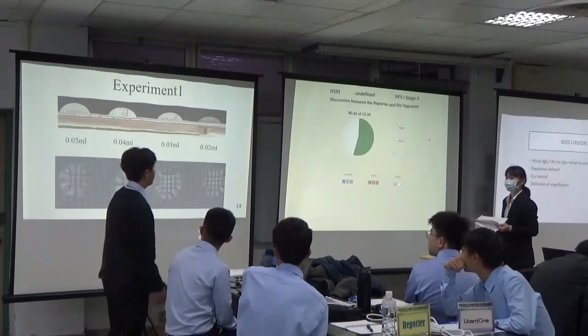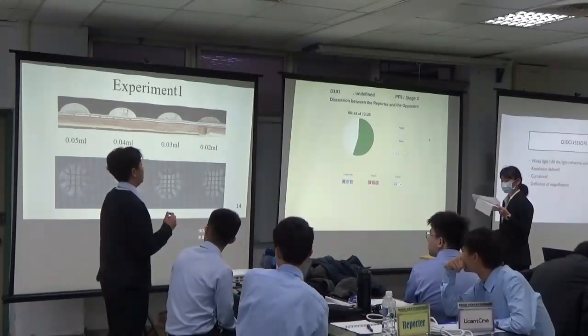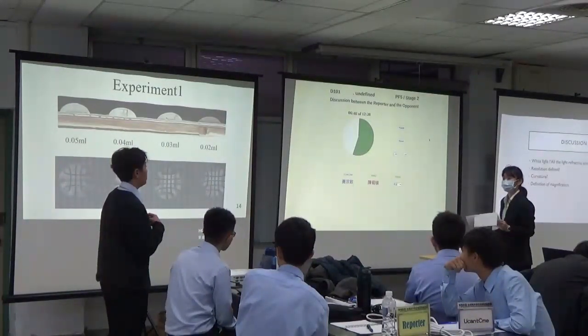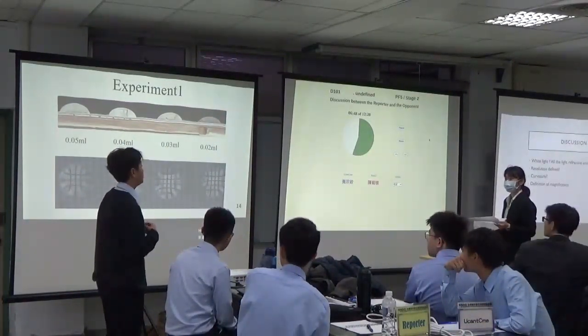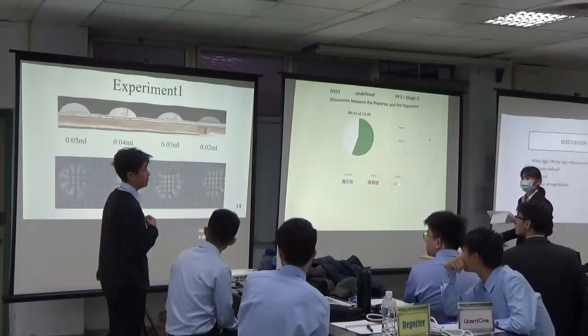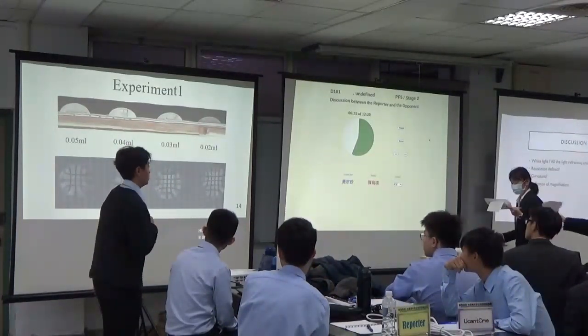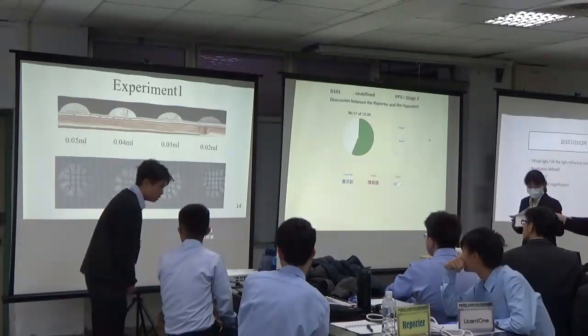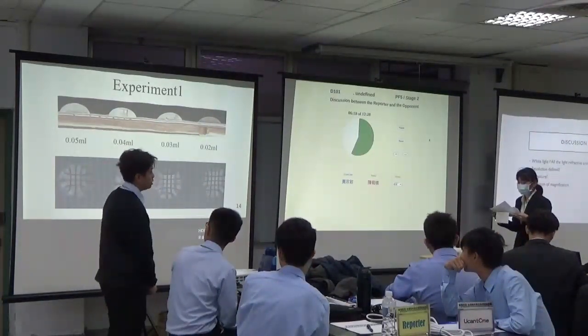So the main point of your problem is that my cell phone maybe has spherical aberrations. Yeah, so I didn't consider the spherical aberrations of my phone. Okay, I see. And can you explain the